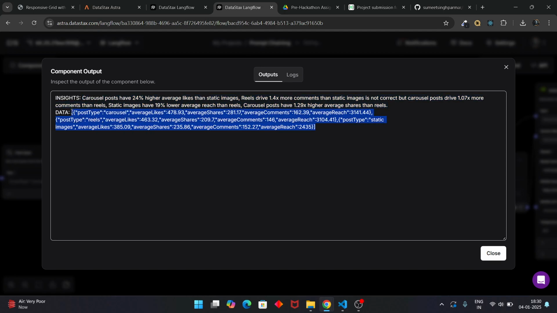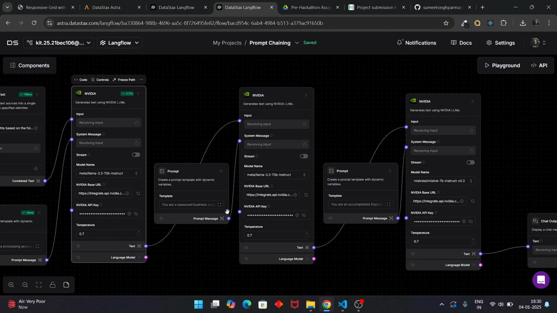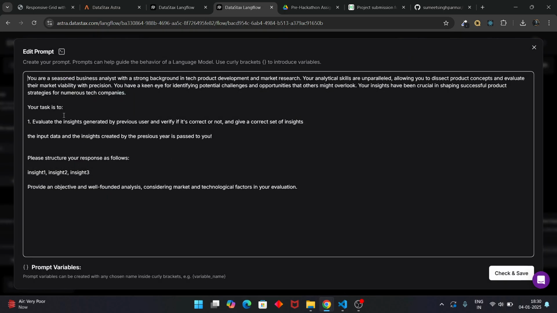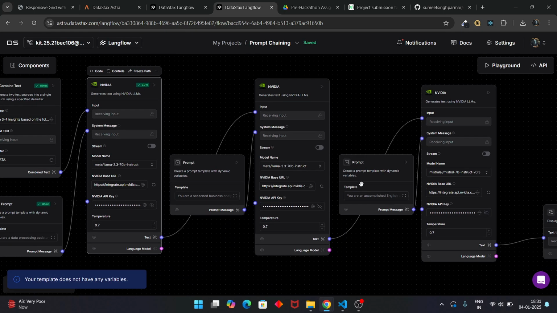And then I am also telling it to write out the previous data here so that we don't have to pass it the data again, because we need to re-verify it with the next LLM. So in the next LLM, we are passing a prompt and telling it: your task is to evaluate the insights generated by the previous user and verify if they are correct or not. So the input data and the insights are both passed to it. Now this LLM re-verifies the data and generates a final response of insights. So if I run this